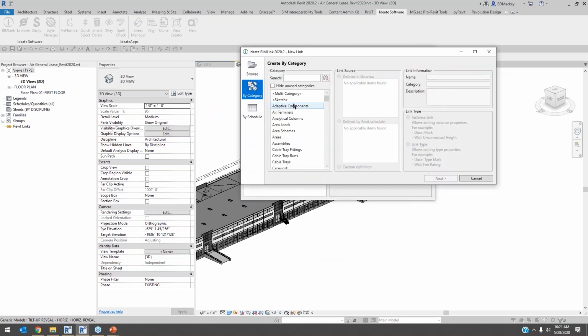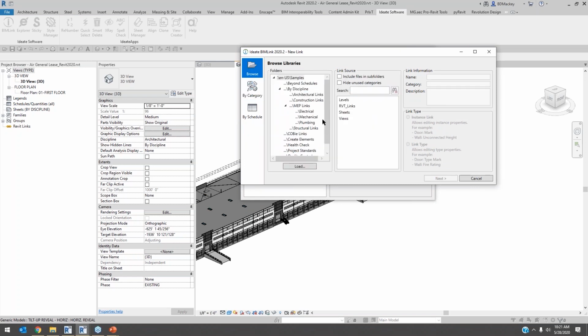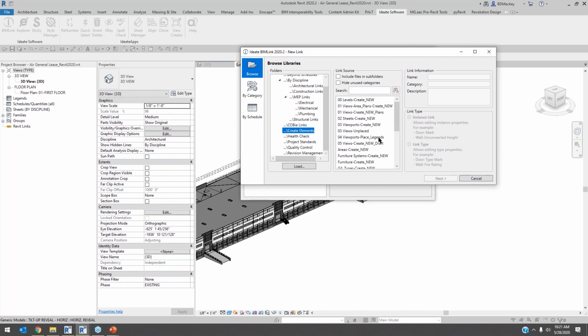And like I said, if you come in here and just start looking, they've got a ton of different things set up, right? If I just go hit the browse button, they've got a whole bunch of stuff set up in here for creating elements. If you want to go create new elements, here's all the different types of elements you can create: viewports, sheets, rooms, spaces from